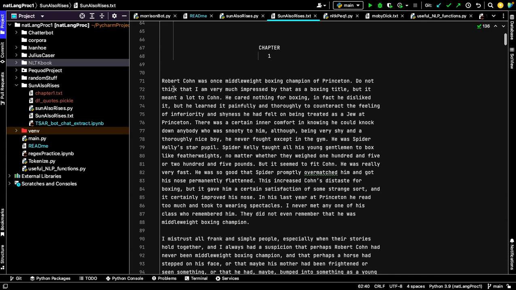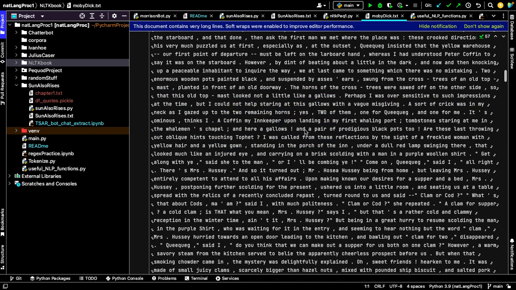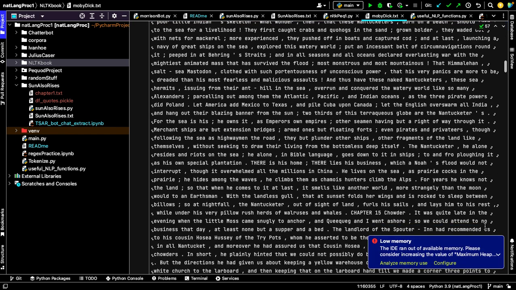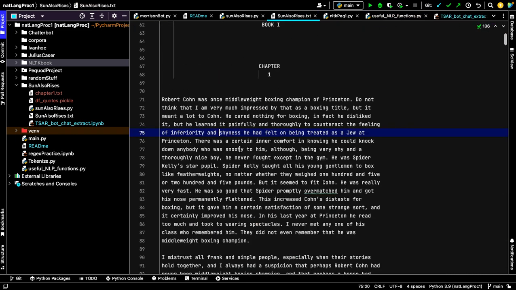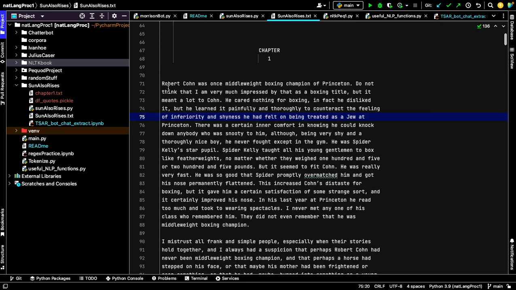As you can see, it's much simpler sentences. With Moby Dick, the vocabulary is more antiquated, the average word is a lot longer, and the sentences are a lot longer.